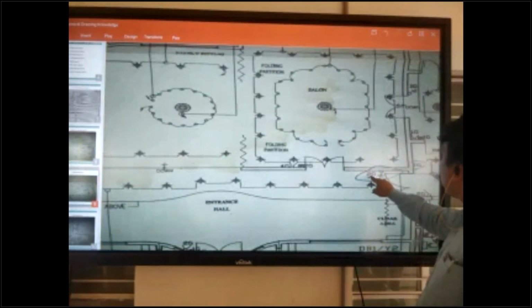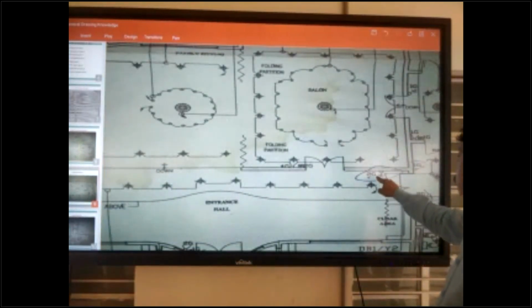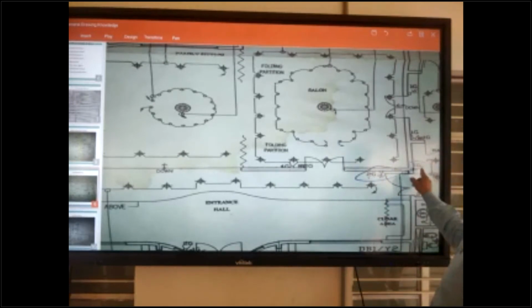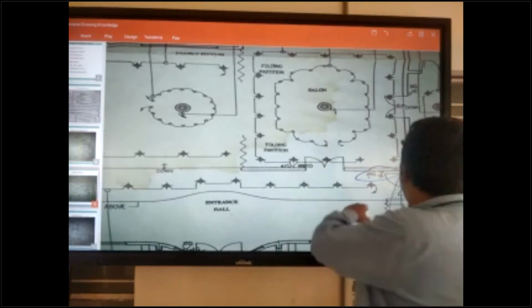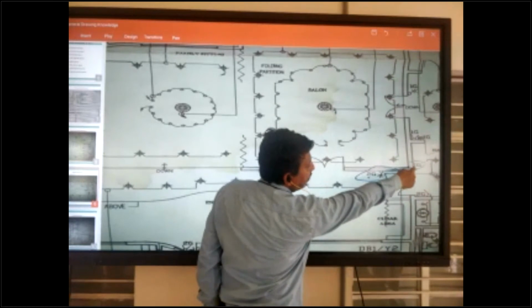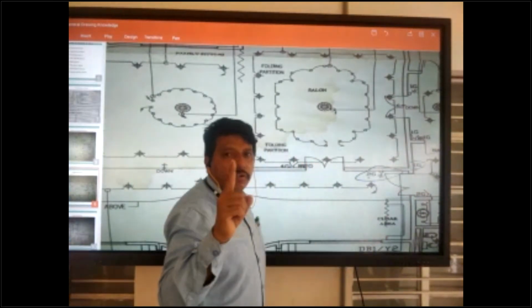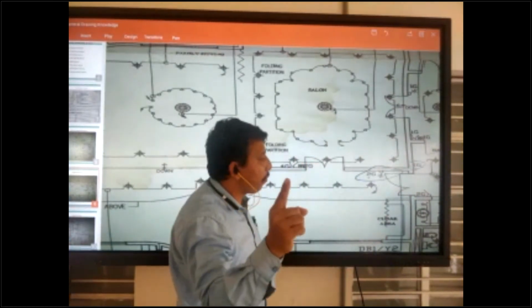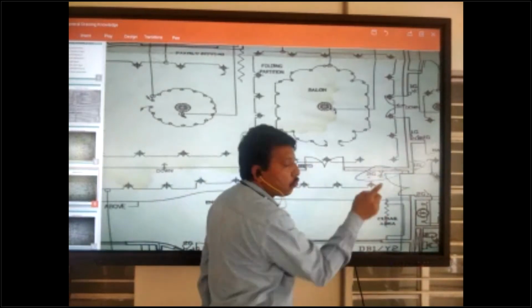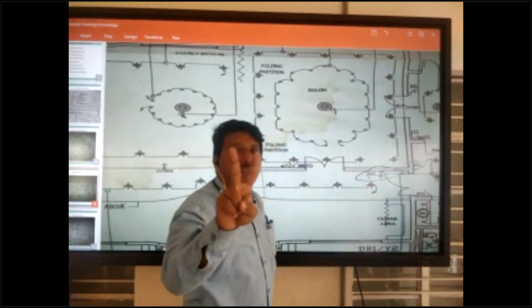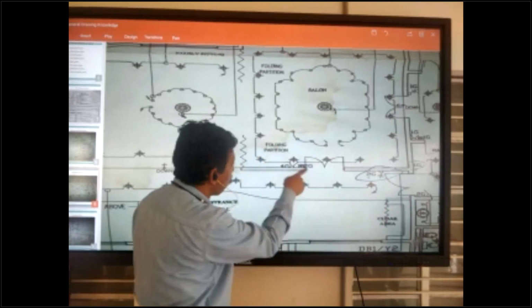Okay, here it is written 2G, 2 gang, which means 2 switches come there. This is the symbol of an intermediate switch. Here it is written 1 gang, 1G. 1G means only 1 switch comes there, a 1 gang switch. 2G means 2 gang switches, 2 switches coming there. So you can take this in the drawing.